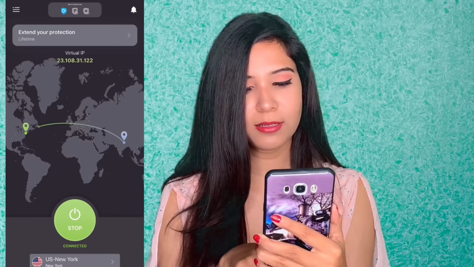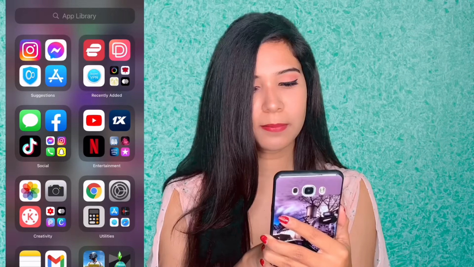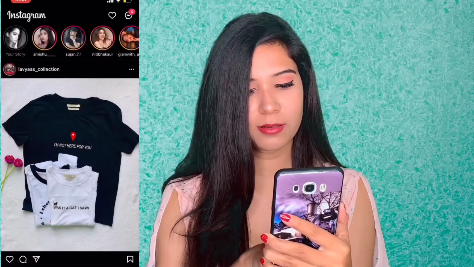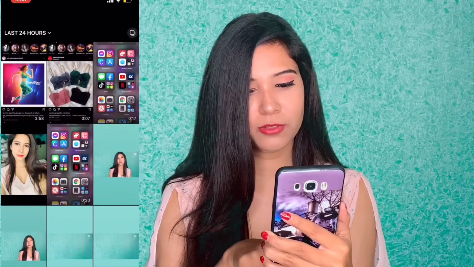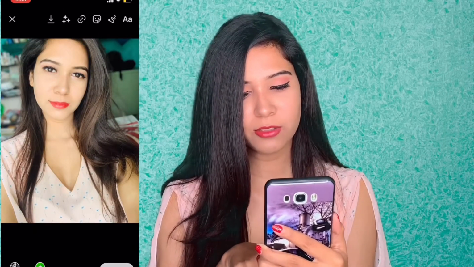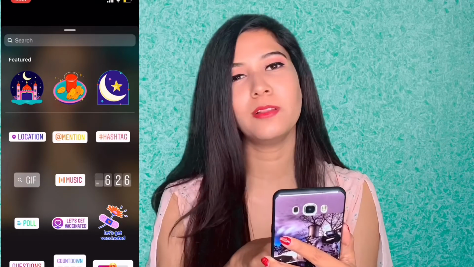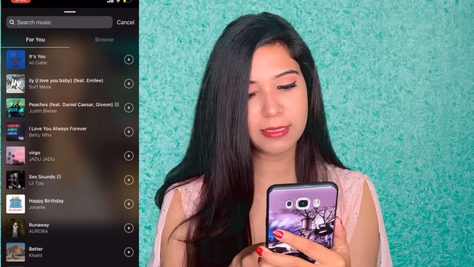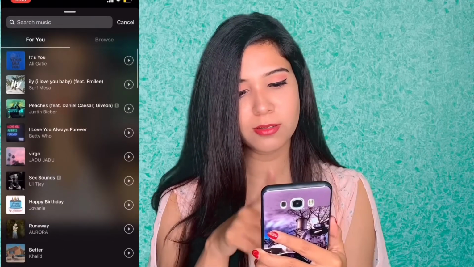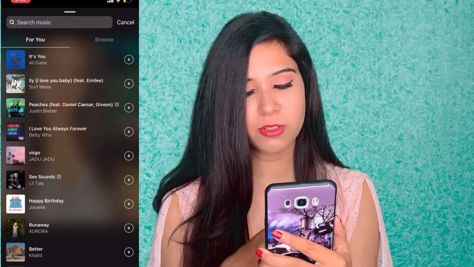So it's connected. Now just simply go to Instagram and go to add story and select your picture. I'm gonna select this picture and just swipe up, and see, this is the music feature we have been looking for. So just click it, and you can search any of the music. There are so many music available here. You can choose any of the music you want, and